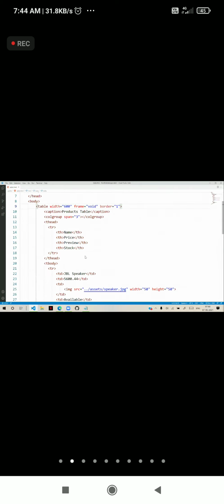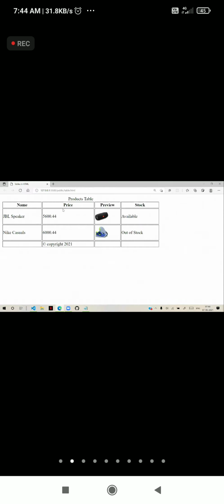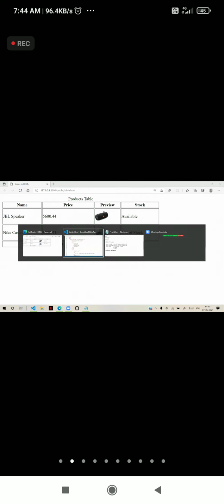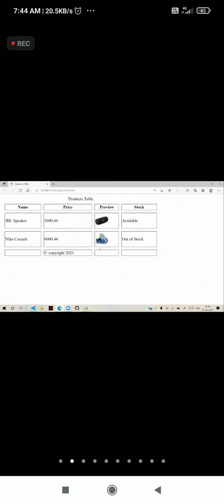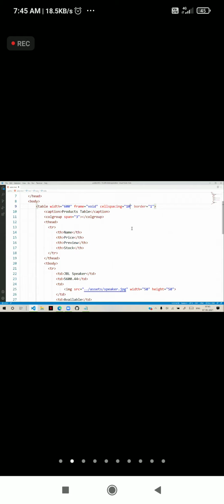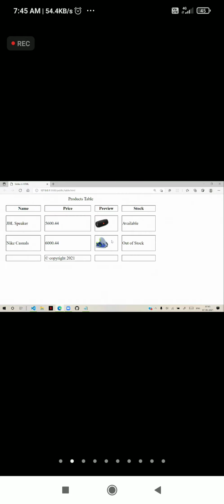Suppose you see now all the cells are one after another, and here I will put an attribute like cell spacing. How many pixels? So 10 pixels. You can see that space between cells will increase. Space between the cells will increase. You can apply the space between the cells. For that, we have cell spacing.